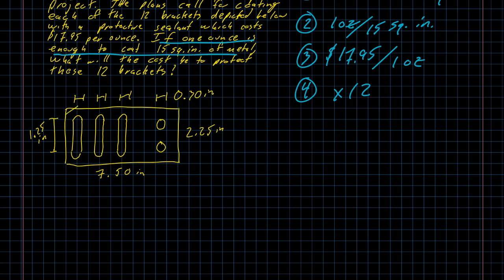I'm interpreting this as a solid backing and then a bunch of holes cut into it. And it looks like there are 2 types of holes. So if I want to calculate the area of this whole thing,